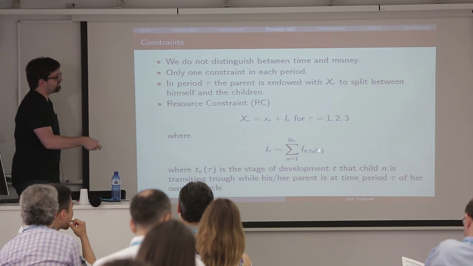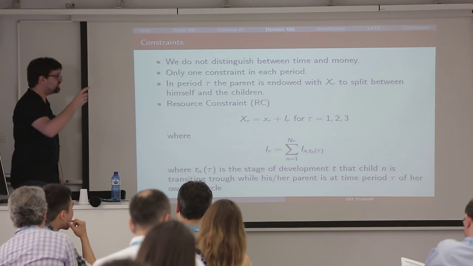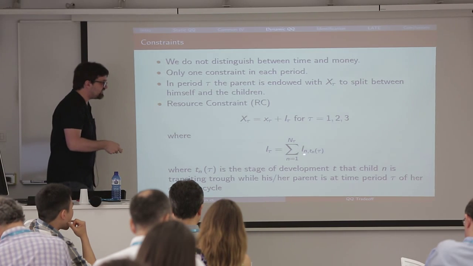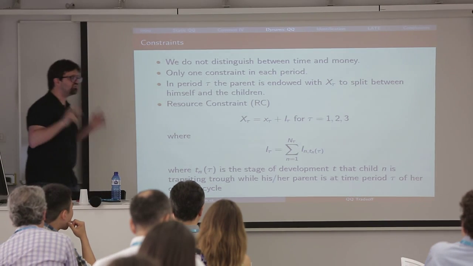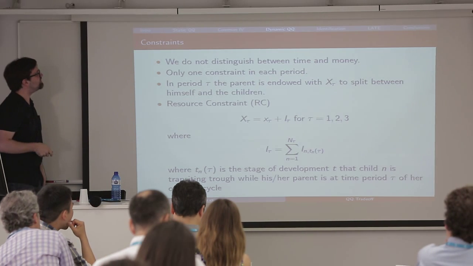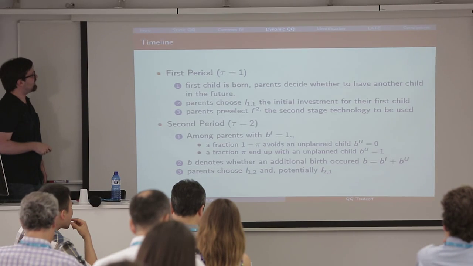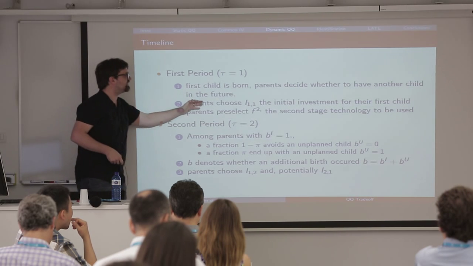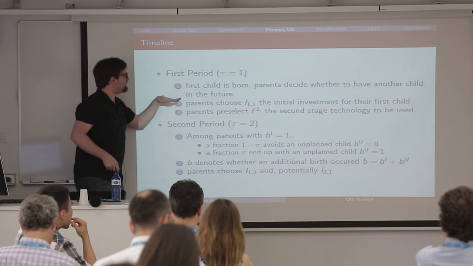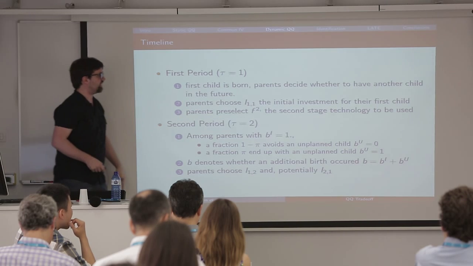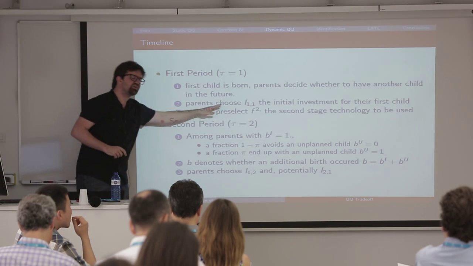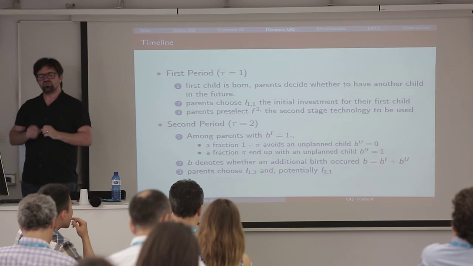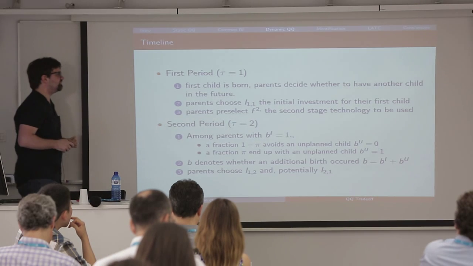And now the investments are the sum across all possible investments that the parents may be doing in any kid that is available for investment at that particular period, okay? And the timeline is in the first period, the first child is born. Parents decide whether they're going to have another child in the future, and then they choose the investment on that first kid. Moreover, they pre-select a technology to be used in the second stage of development for that kid,